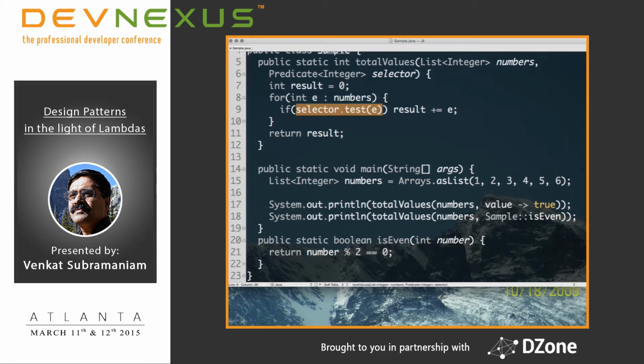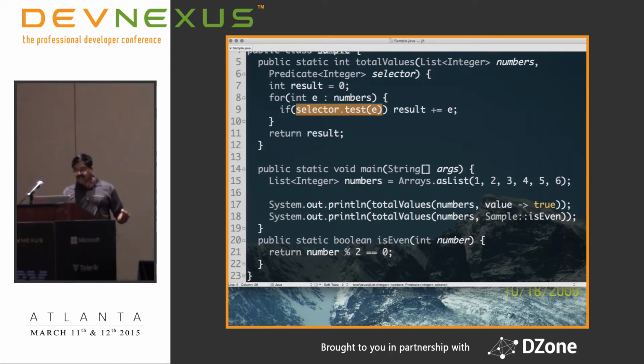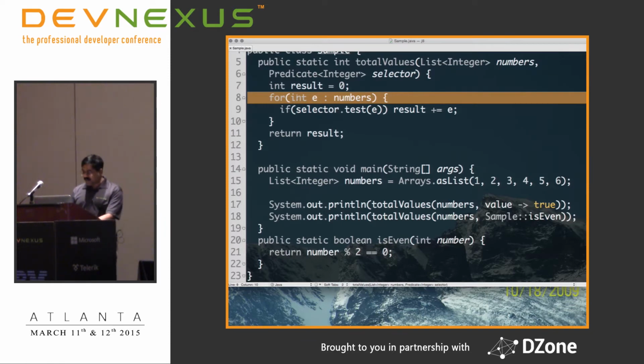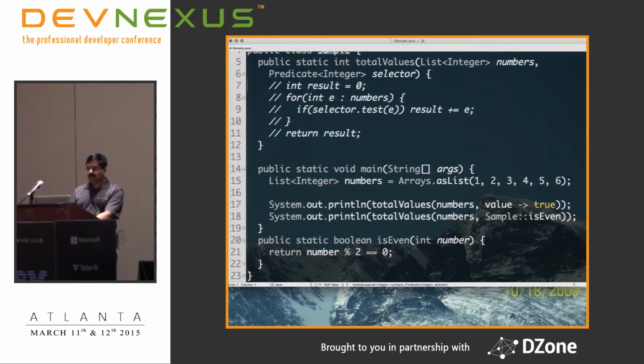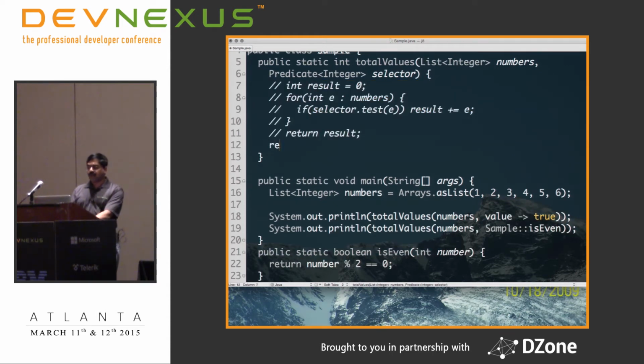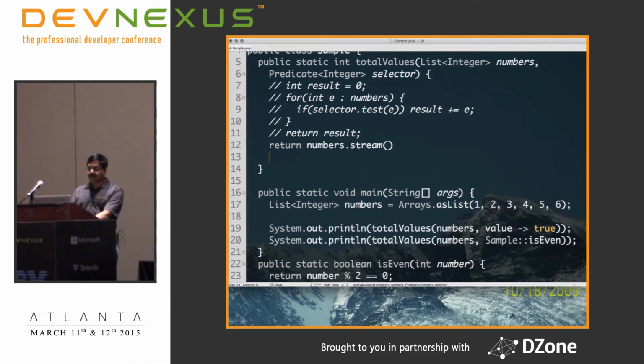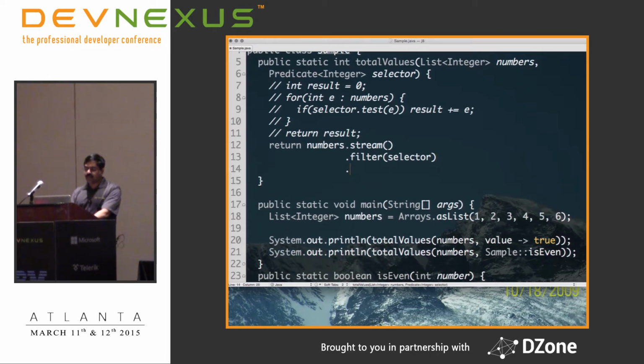But I promise that we will change the code and make it a lot more functional style. And notice the iterator pattern comes to picture one more time. And what we can do instead of using this pattern is we can replace this nicely here by simply saying return. And in this case, I'm going to start with numbers and ask for a stream. And then I'm going to specify in this case, given the stream, I want to filter, and the selector being a predicate can be directly passed to it. And then I'm going to simply say reduce and start with the value of 0 and use Integer sum to perform the totaling,